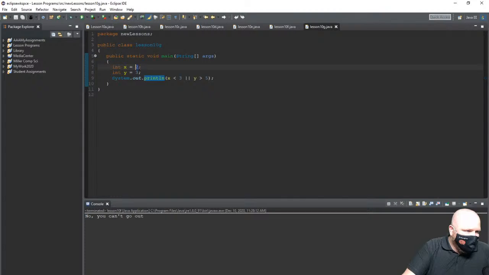Now, if we say this one, even though x is less than 3 is false, y is greater than 5. Okay? That one's also false. So this whole statement is false. Now, this is where it gets confusing. Okay? So if I turn those back to 3 and 2, now I say